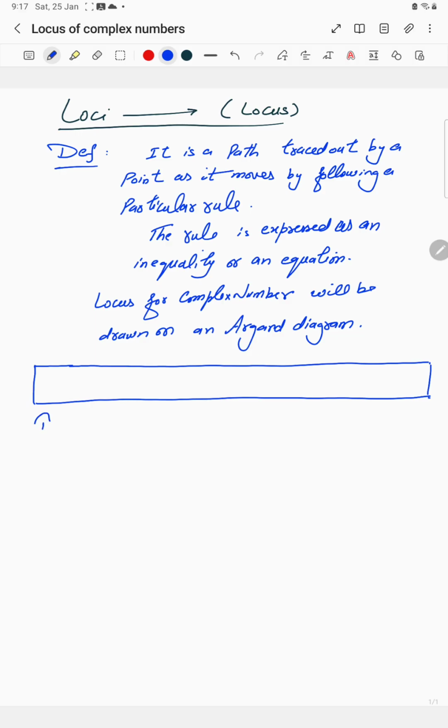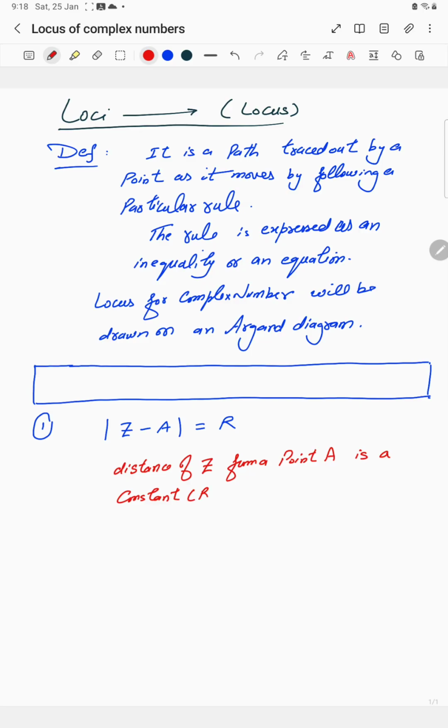Number one, if you have |z minus a| equal to some constant, we will read this as the distance of z, a complex number, from a point A is a constant r. Whenever the scenario is like this,